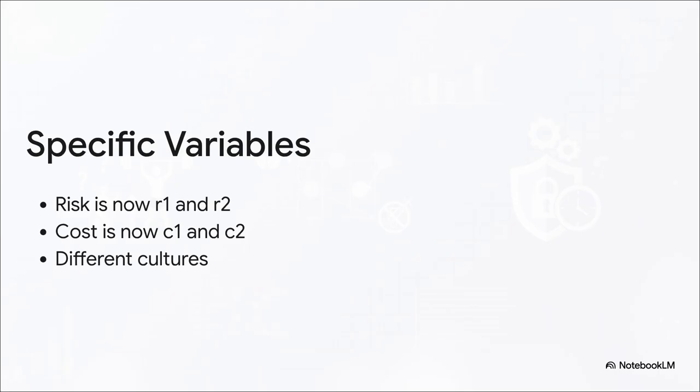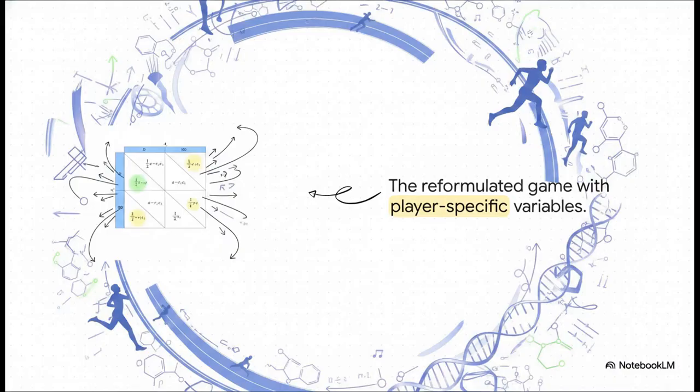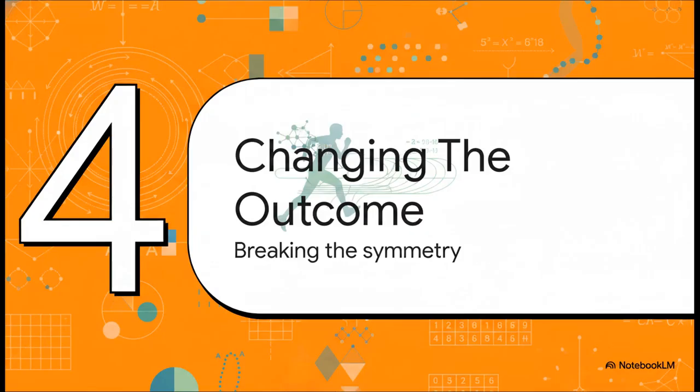What happens when a competitor from a low-risk environment faces off against a competitor from an incredibly high-stigma environment? And when we do that, you see this really subtle shift in the payoff equations. By sprinkling in these specific variables, R1, C1, and R2, C2, the underlying math of the entire game begins to warp. The foundational assumption that everyone values the risk and reward identically is just completely gone. Which brings us to Section 4, changing the game's outcome.